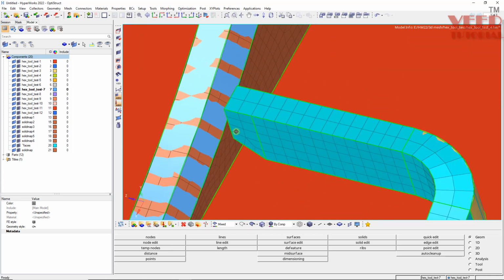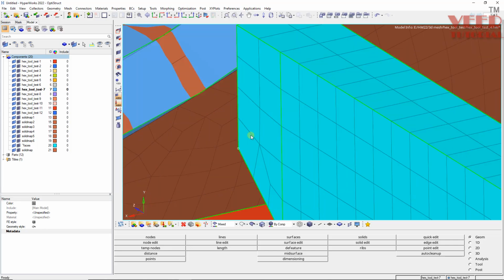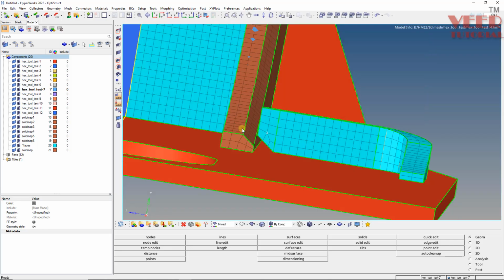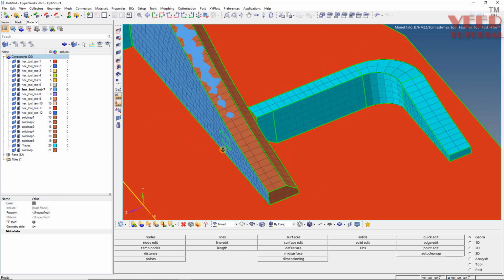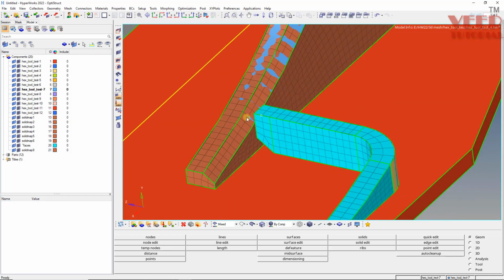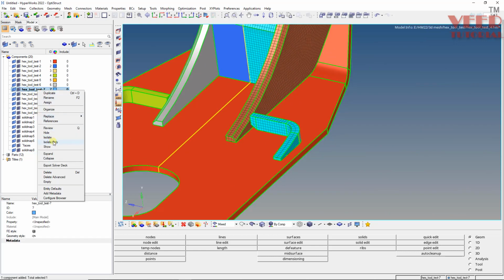But one more thing we have to do here is, here you can see the connectivity between these two parts is not proper. Now we also have to make this connectivity once again. So give it some name, like this is 7. Okay, make it 8. Okay, so once again I will make a right click and then isolate only,